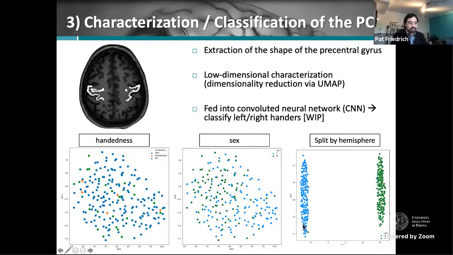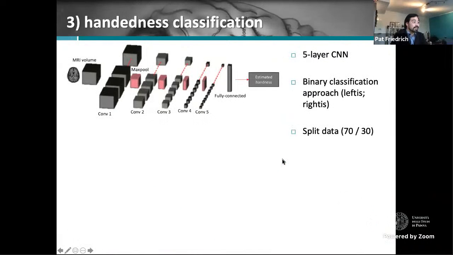The left hemisphere indeed shows more variance between participants than the right hemisphere. Last but not least, handedness classification. We used a convolutional neural network with a 5-layer approach just to see if we are able to identify left and right-handers. For this, we split the data into 70% as a training data set, 30% as a test